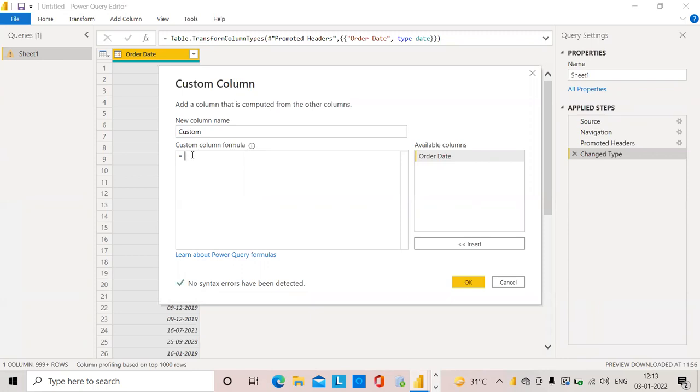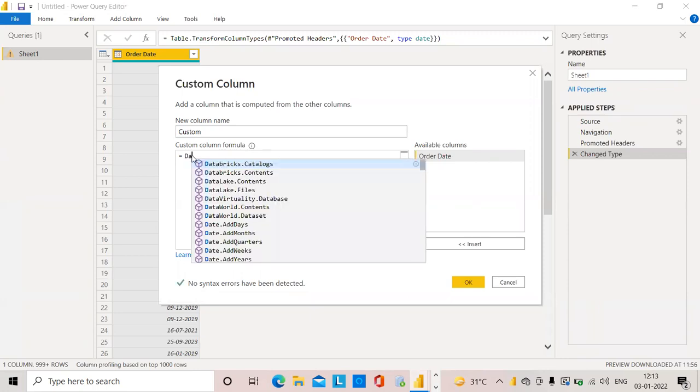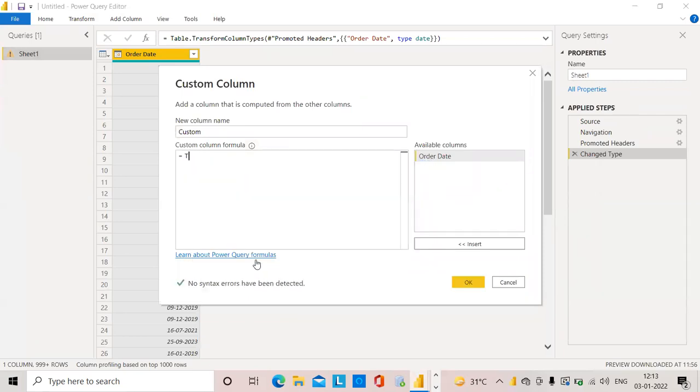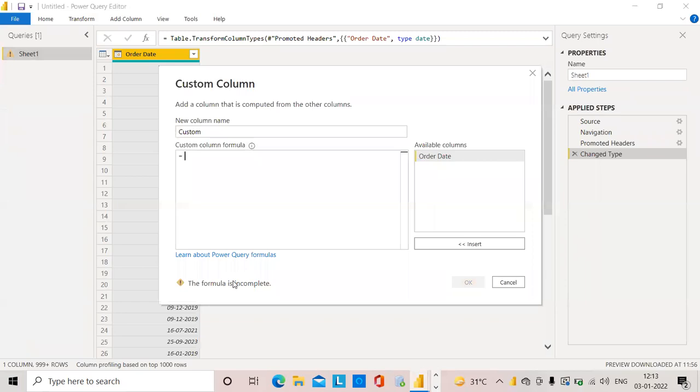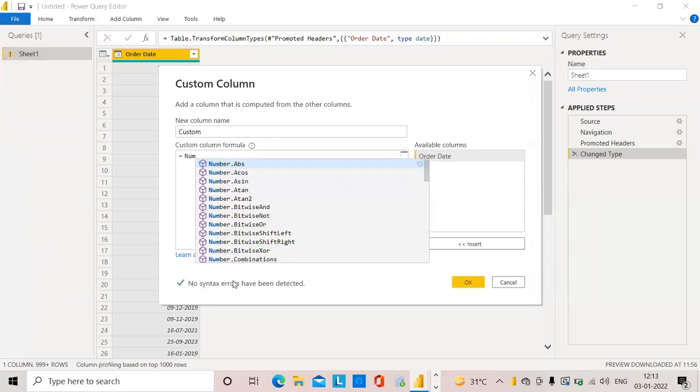All the functions, if it is date, will start with Date. You can see many functions here. If it is text, it will start with Text, and we can see many text functions here. If it is numeric, it will start with Number, and number functions are available.